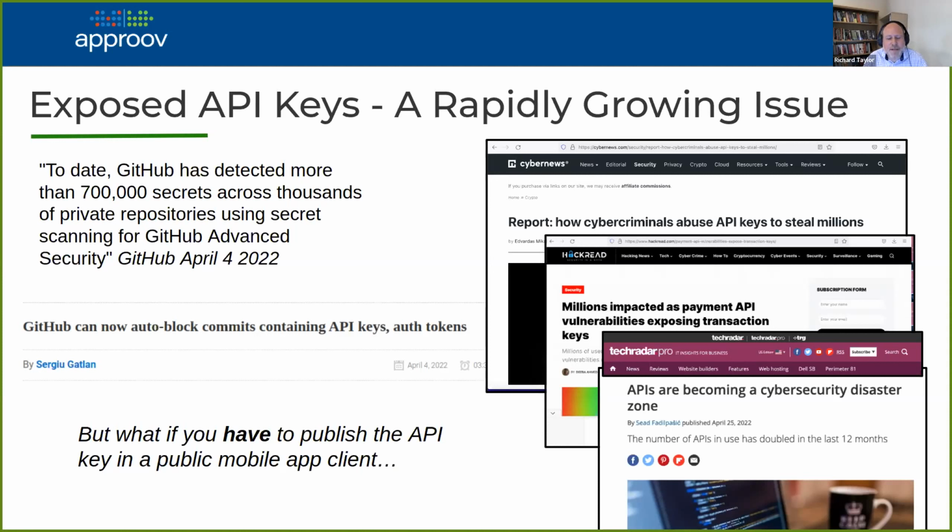you have the problem that you have to publish an API key essentially as a public client inside the mobile app. So what kind of strategies can you use there? So although you may have kept your API keys out of your source code and used some kind of secrets manager, at the end of the day, you're basically compiling those keys either into configuration or into code, and then you're basically releasing the app into the App Store. So it's still there.